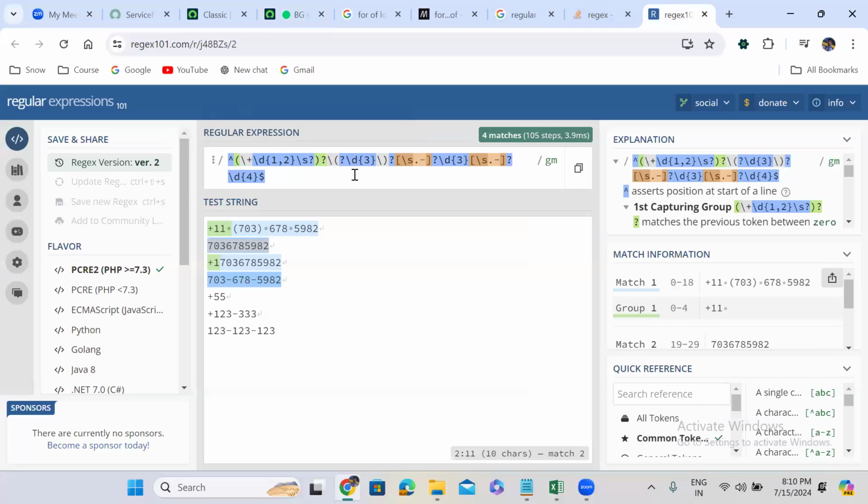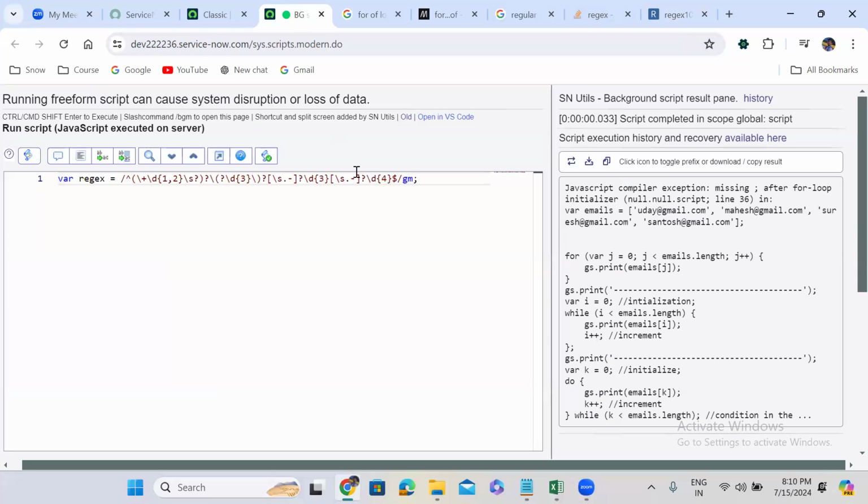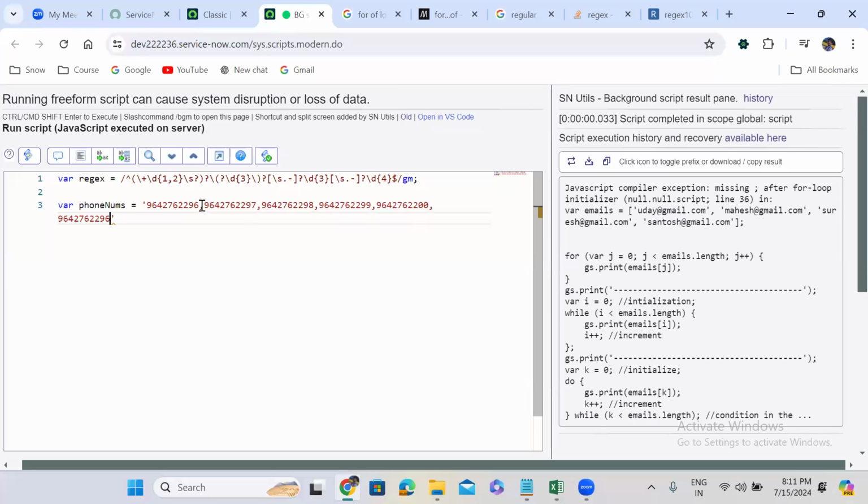This regular expression will validate the phone numbers. Where phone numbers is equal to